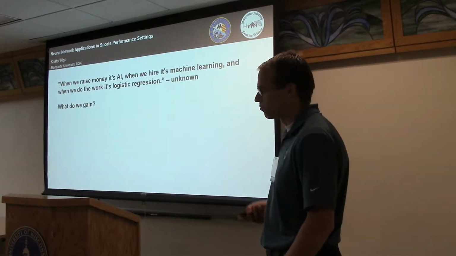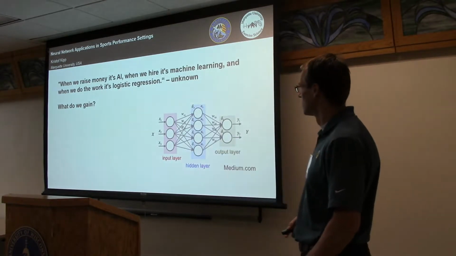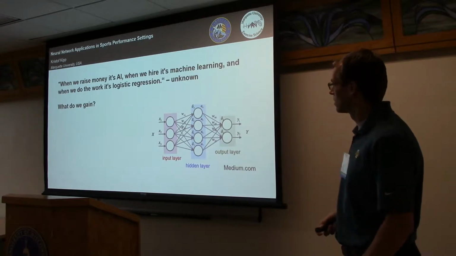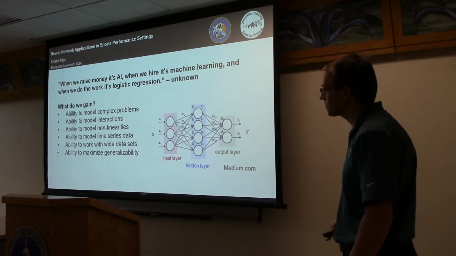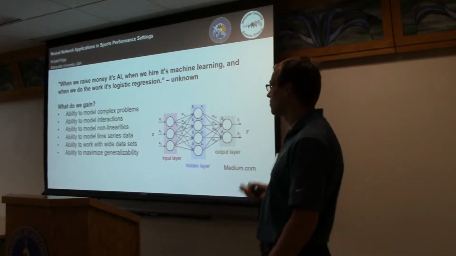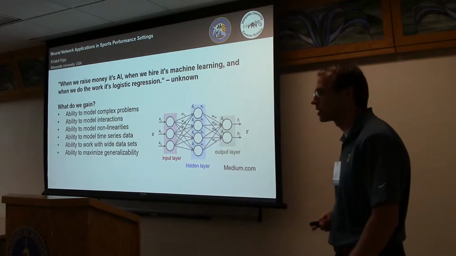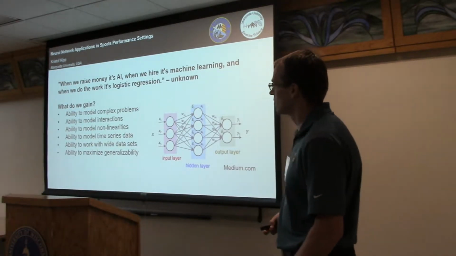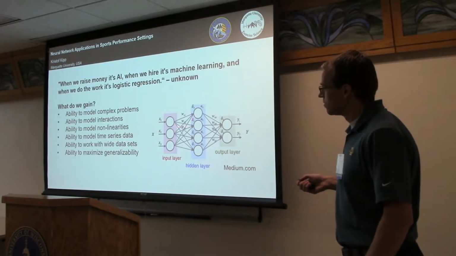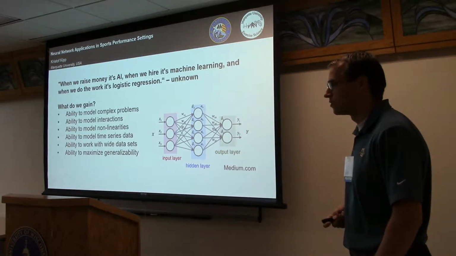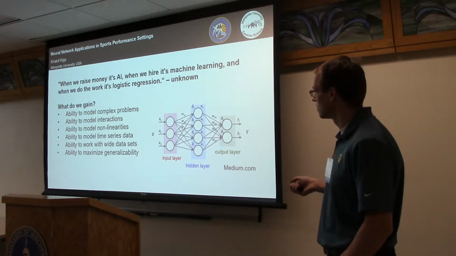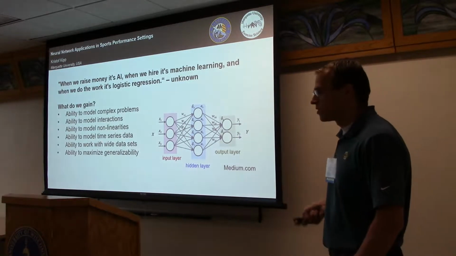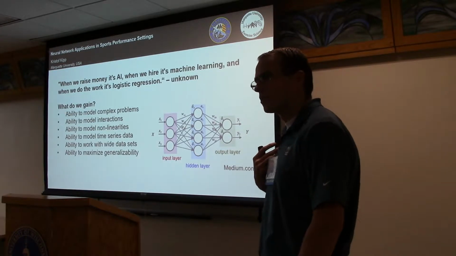And so there's definitely a positive side to what we can gain from these models. And so here we have a very simple, straightforward, feed-forward neural network. Some of the things that we say we gain from using these models is that we can model fairly complex problems. They function as universal function approximators. They're able to model interactions between variables, look at nonlinearities in data, as we use different transfer functions between input and output layers. We can also model time series data, which is of interest to us in biomechanics,